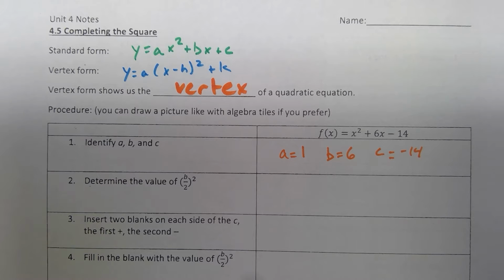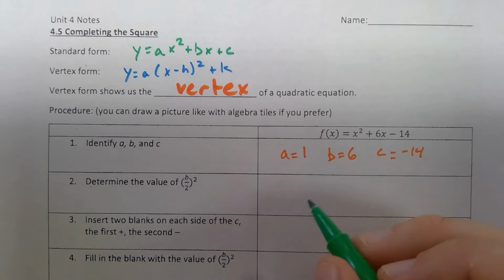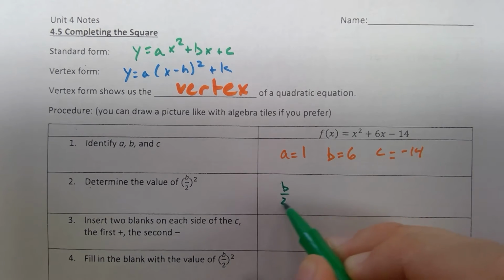Now we're going to take a look at determining this value of b over 2 squared. This is going to be an important component of our vertex form. We're going to call this a perfect square binomial that we're going to create, and this is part of the pattern that we will see. So b over 2 squared